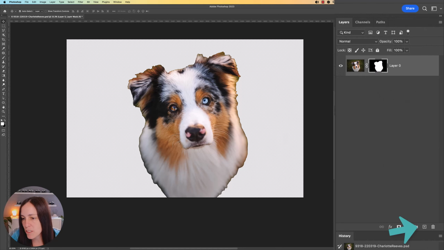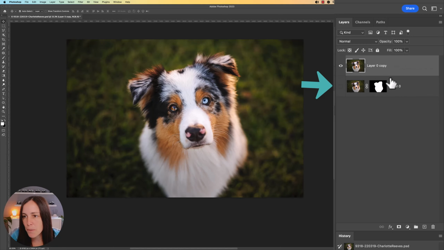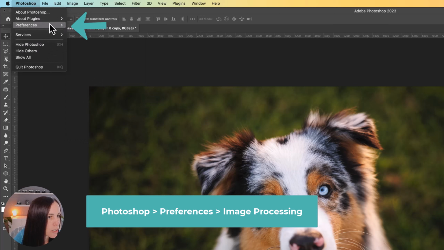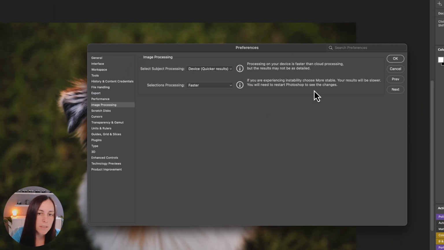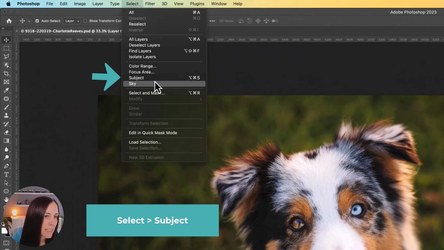So let's go and duplicate that layer. I'm just going to remove that mask from the duplicated layer and turn that one off underneath. We'll keep that other one as a reference. Now I'm going to go in and change the setting. So Preferences, Image Processing, change it to Cloud, go OK. And this time when I go select Subject,